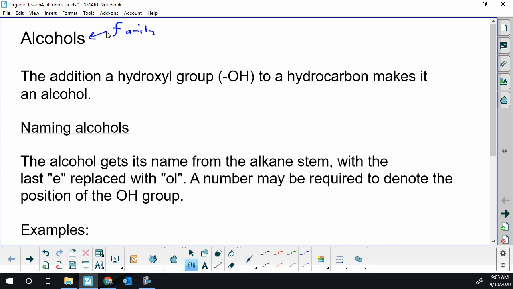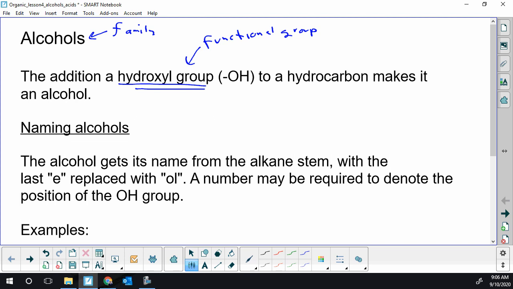And we have this hydroxyl group. As we work our way through the rest of the families in this course, they're going to have a unique set of atoms that creates a certain family. So the hydroxyl group is the functional group that makes something an alcohol. I have a little dash here, meaning that it's connected. That's a covalent bond, 2 electrons, that's going to be connected to something. So if you have an OH connected to a carbon,